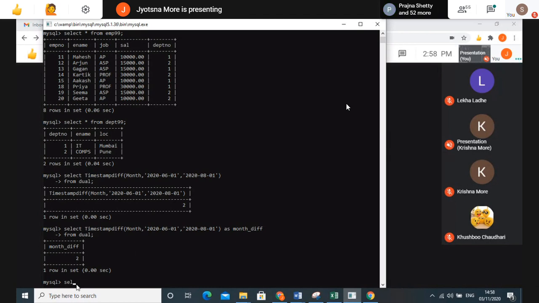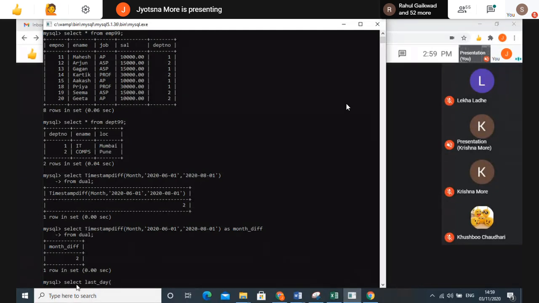Okay, fine. So for the last day you have to use the last day function. So write down, all of you: select last underscore day. This function you have to use. In that you have to put the month or date for which you want the last date, for which month you want the last date.